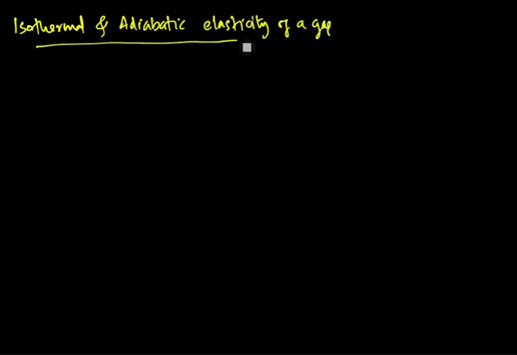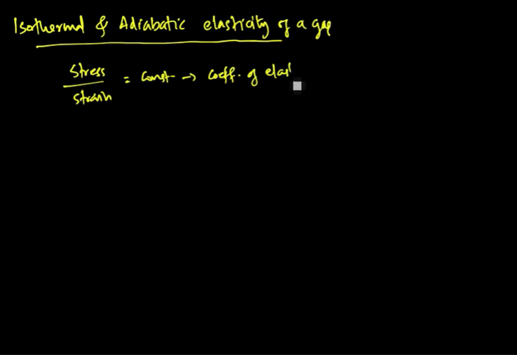So you know that according to Hooke's law, stress by strain is a constant. This proportionality constant is called the coefficient of elasticity. So we need to calculate this coefficient of elasticity for a gaseous system, for adiabatic and isothermal processes. So first of all, we will consider a perfect gas